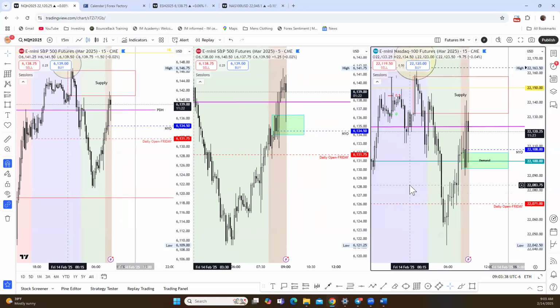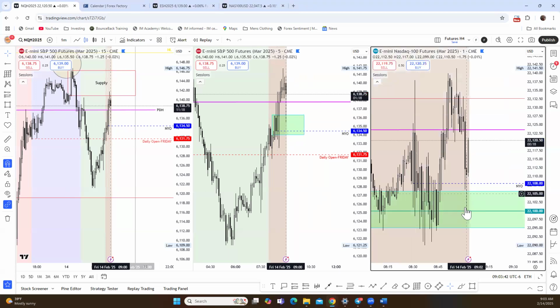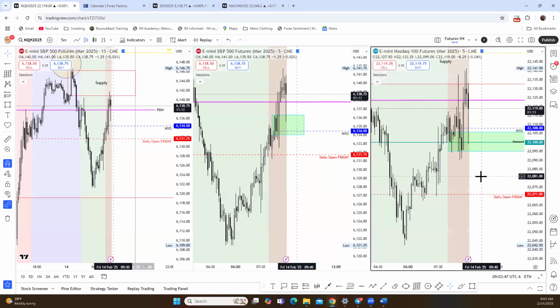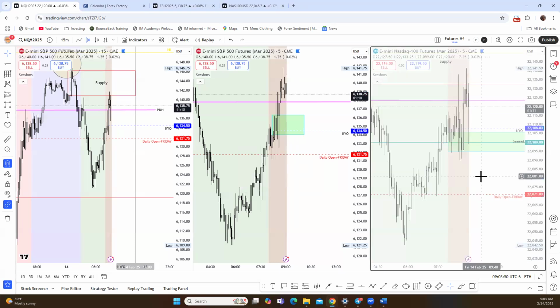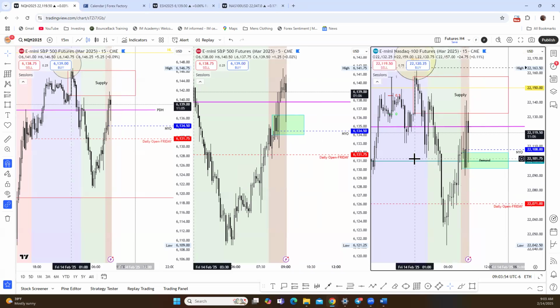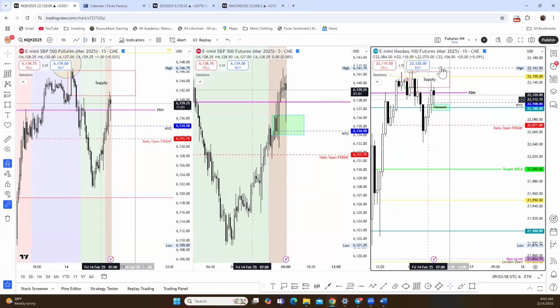And the 1 minute, right? News buy tops and sell bottoms. Somebody sold below New York Open right here into that demand. I used to do it all the time. Let's see if this 15 can show some strength off this area. And then what you're looking for on that 1 hour is, what are you looking for, right? 1 hour wick away from demand, to then go take the highest potential.